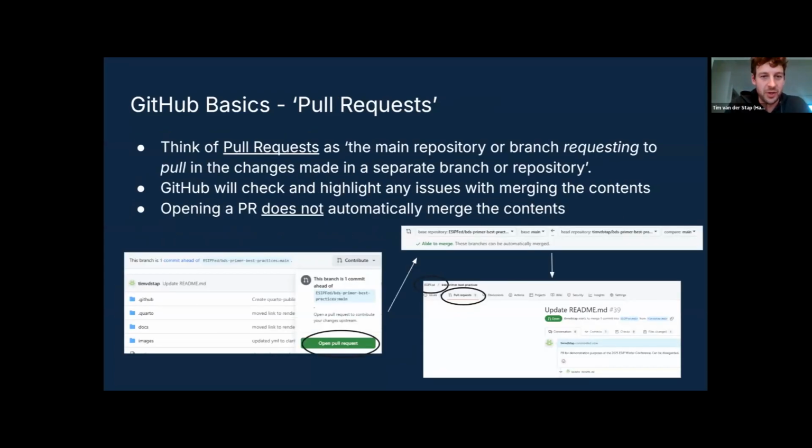All right, so pull requests. I think pull requests come into play when you have multiple people working on a single project or within a single repository. Because often when this happens, you'll want to make the changes or do your work either in a separate branch of the same repository or within a fork that you created of that original.